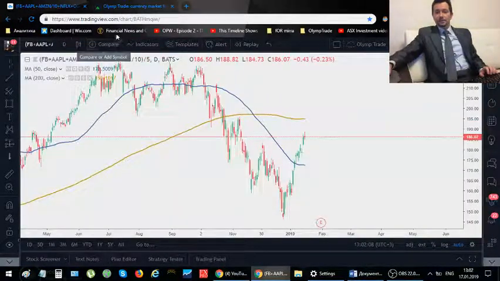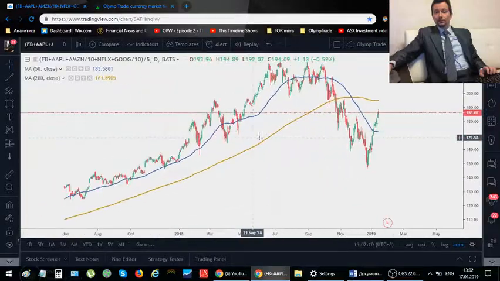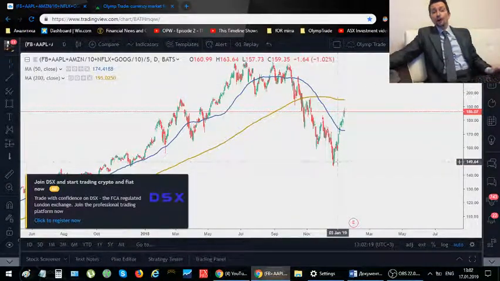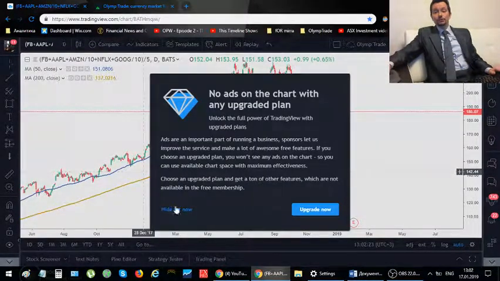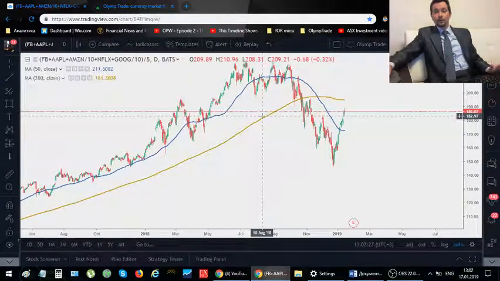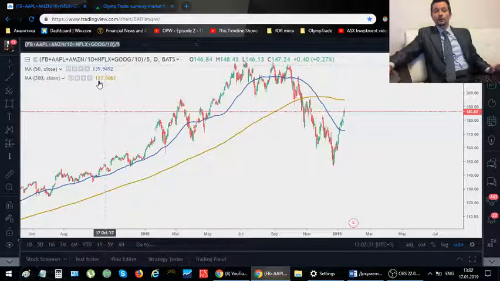So if we take a look at that, this is the whole index that we drew ourselves. It looks a little bit different than the stock market because when FANG stocks grow, they grow. And this huge pullback that we had since October is quite substantial. So we're looking for a nice bounce here, which we had. And so this is a way that you can create your own index to track different commodities.